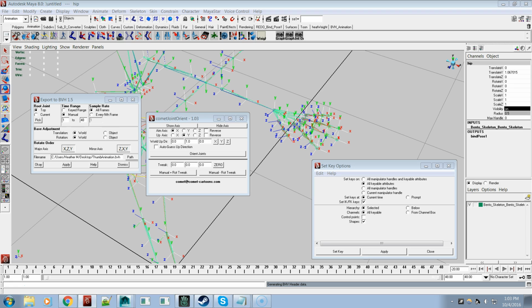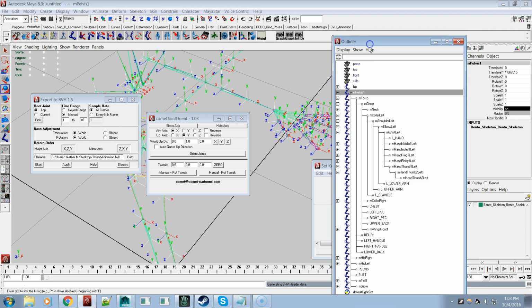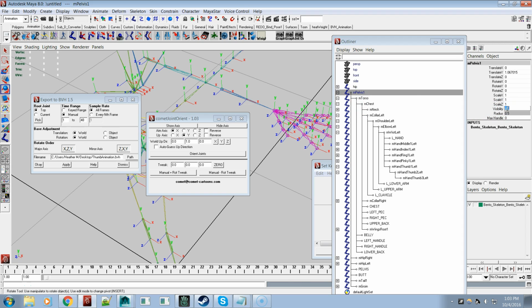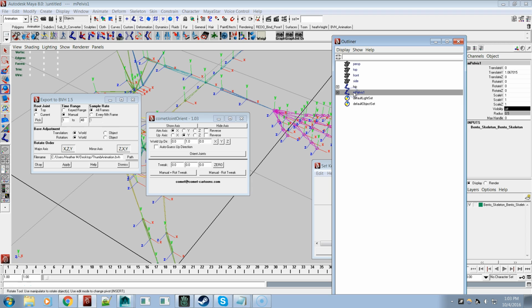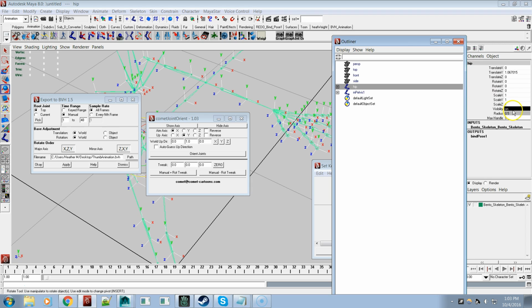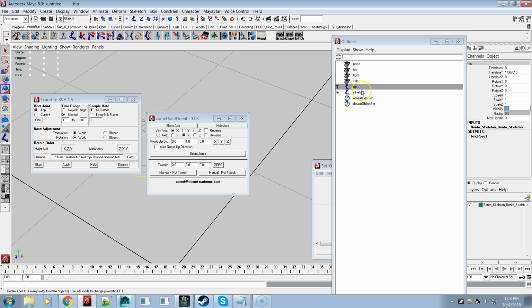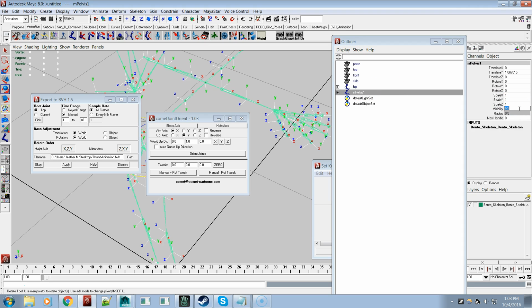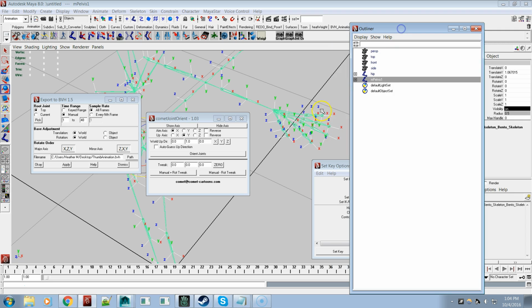Let's see. Where's the other animal? Where is it? There's the original. Oh yeah, it's there. Okay, so we'll hide the original. Hide the original. Show the second one. Okay, so one of the things you'll notice is